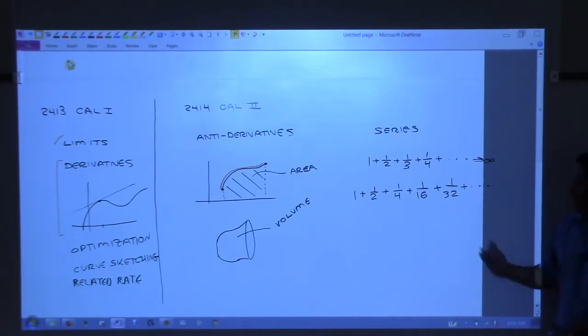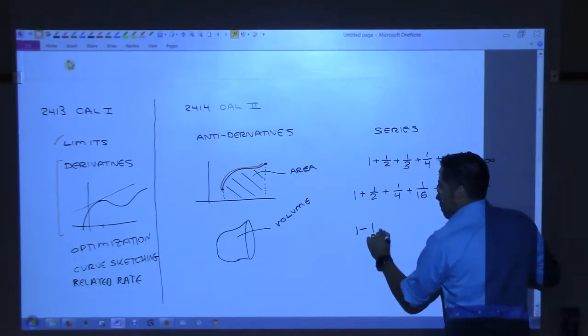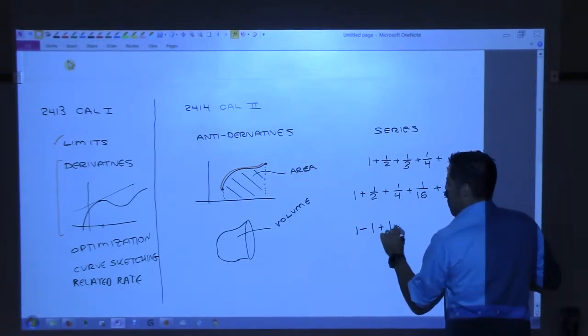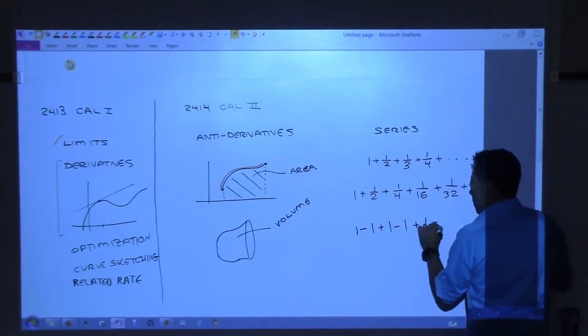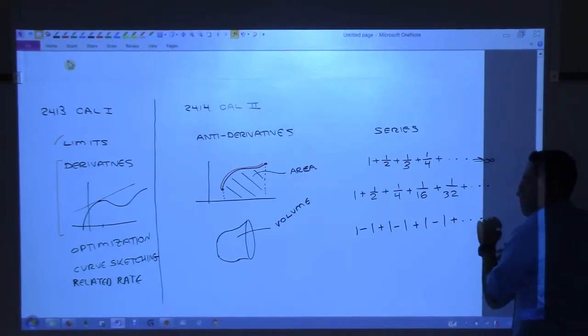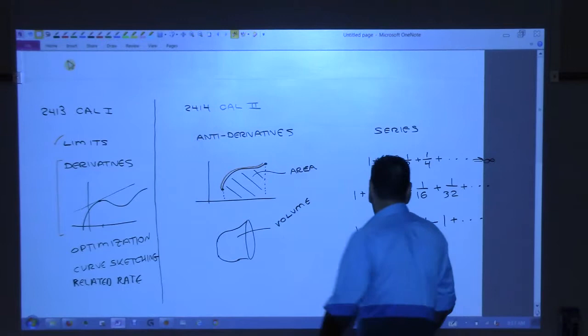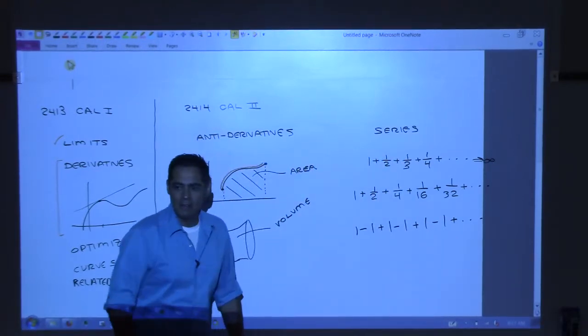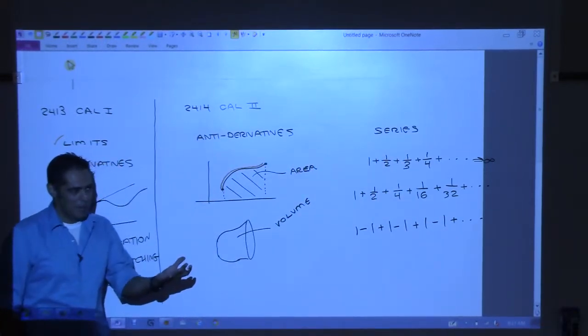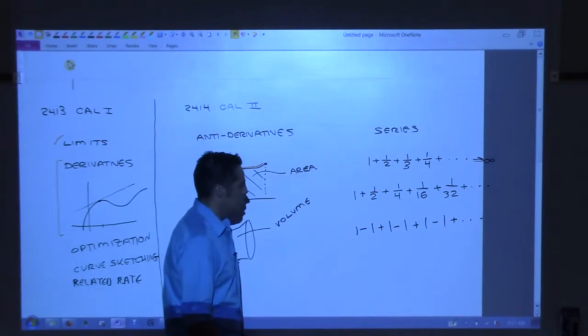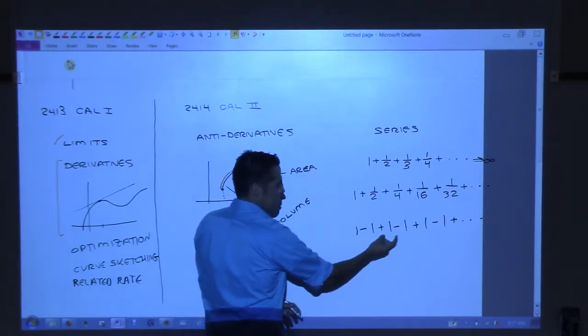they don't do anything. Here's an example of one where it's hard to understand what's happening. 1 minus 1 plus 1 minus 1 plus 1 minus 1 plus 1 minus 1. What does that add up to be? Isn't it 1/2? Well, I mean, is it? What is it? You could argue that it's 0, right? Yeah, it could maybe be 0. How would you argue that it's 0? Those are 0.